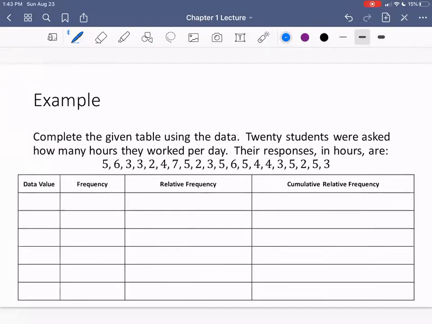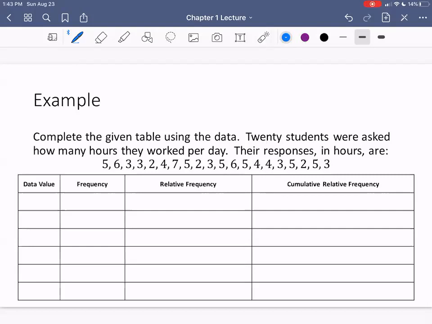So in our example, it says complete the given table using the data. 20 students were asked how many hours they work per day. Their responses in hours are, and then you can see. So what we're going to do is we're going to fill out this table. So first off, the data value. Data values are the actual pieces of data in our set. So if you look at what we have